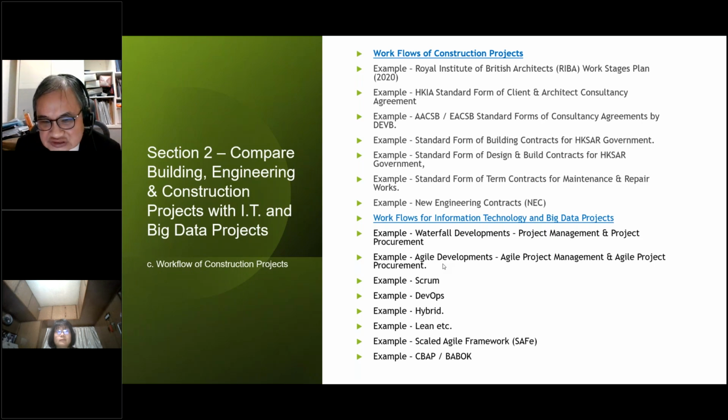And so we will be developing our IT projects and big data projects in every very regular short period of time, in 2 weeks or 4 weeks.